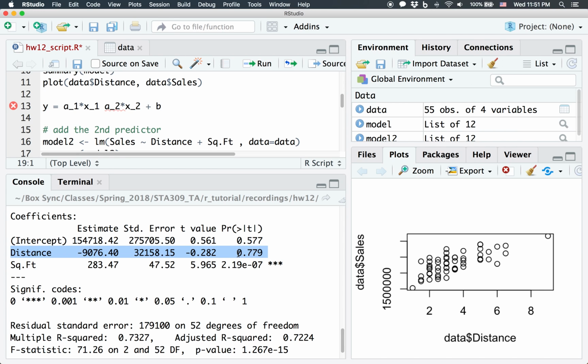Since we have a big p-value, bigger than 0.05, we cannot reject our null hypothesis that the slope of distance is 0. Since we cannot reject our null hypothesis, we should assume that the slope of the distance is 0, right? So if I write it this way,